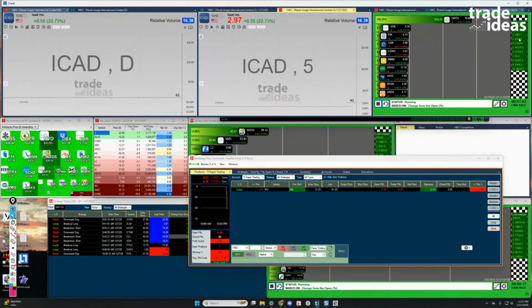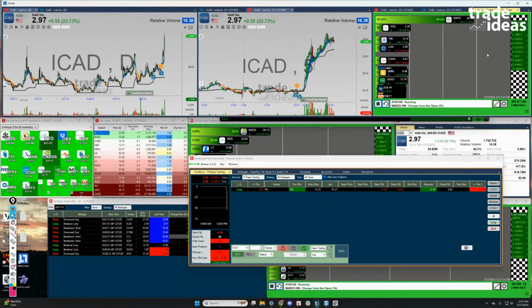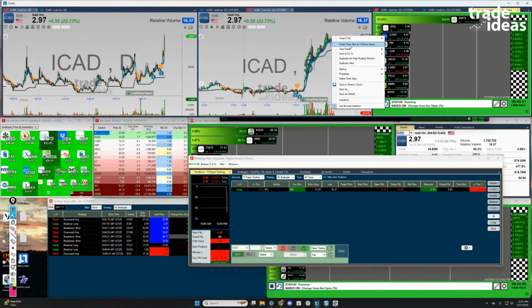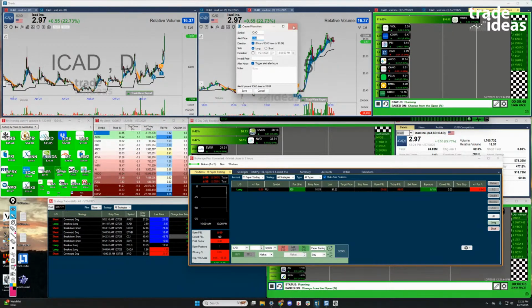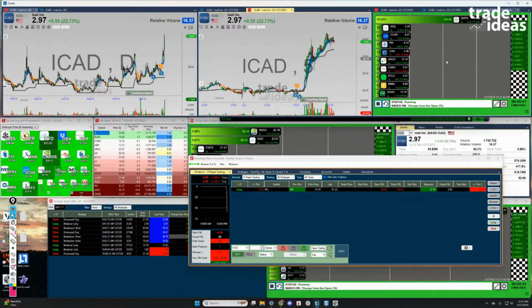Maybe iCAD is going to be a better example. iCAD, all right? So I don't even think it's on the race right now, right? But I said to myself, gee, if this takes out this 3.05 level, maybe I'm interested again. I could right click, set that price alert there, set the price I want, and watch it from there. So that's the short and skinny on races, more or less.